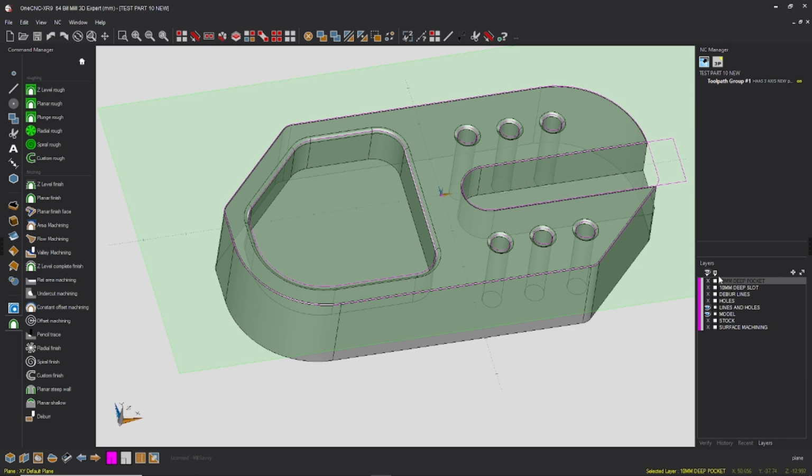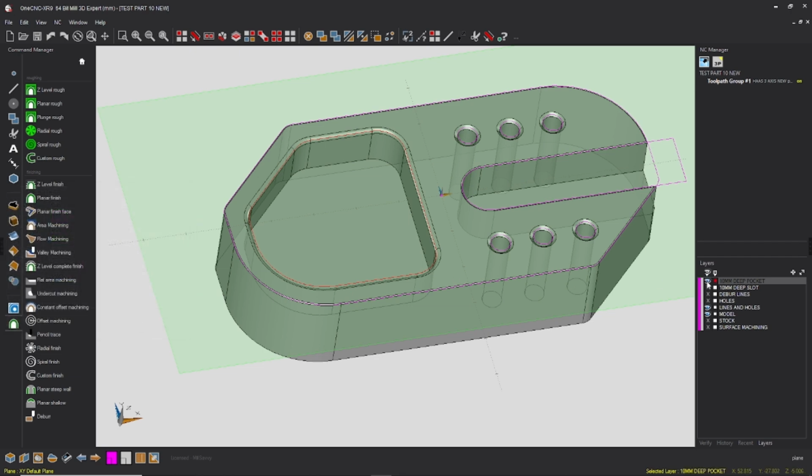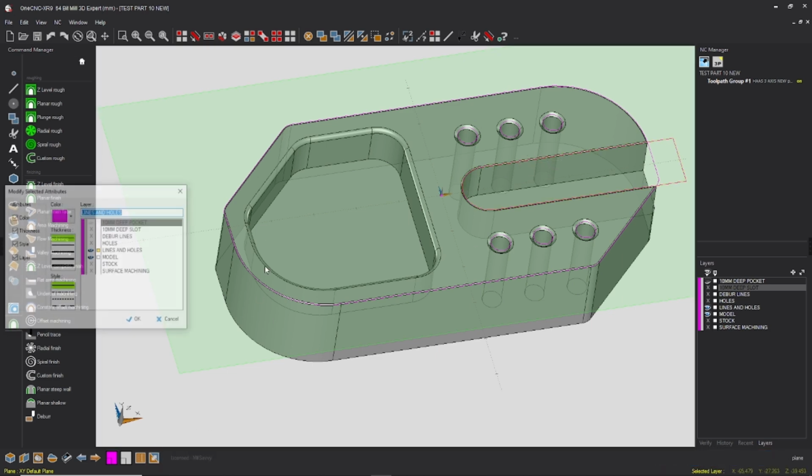So I want the 10mm deep pocket, so I'm just going to go up here and use the select chain of entities. Click there, click F3, so it grabs all of it. Go down to my layer tool down here, and I'll select that 10mm deep pocket. Click OK. It now moves it from that layer onto that layer. Turn that off. Now go 10mm deep slot. Grab the same tool, select it, F3, move it over,